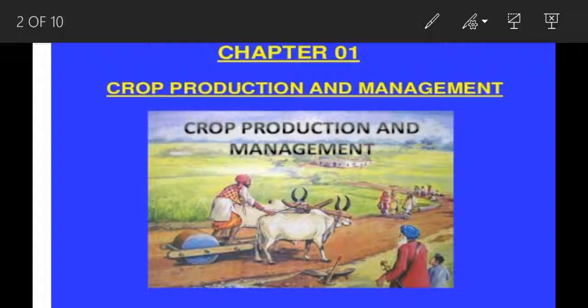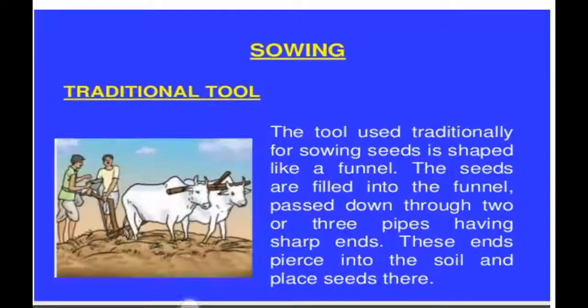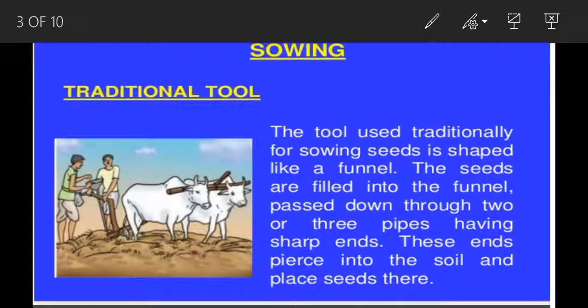So now we have selected the seeds and we have prepared our soil. The next process is sowing. Sowing can be done by two methods. One is broadcasting seeds, and the second is the mechanical method. In broadcasting, we just scatter the seeds by hand on the land, and afterwards we cover the soil.